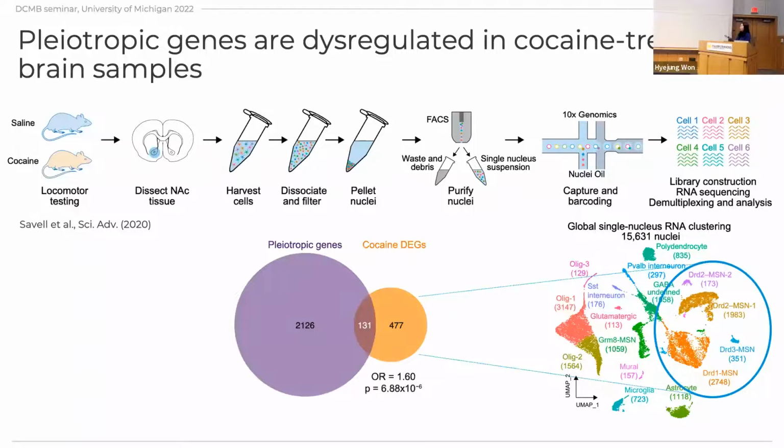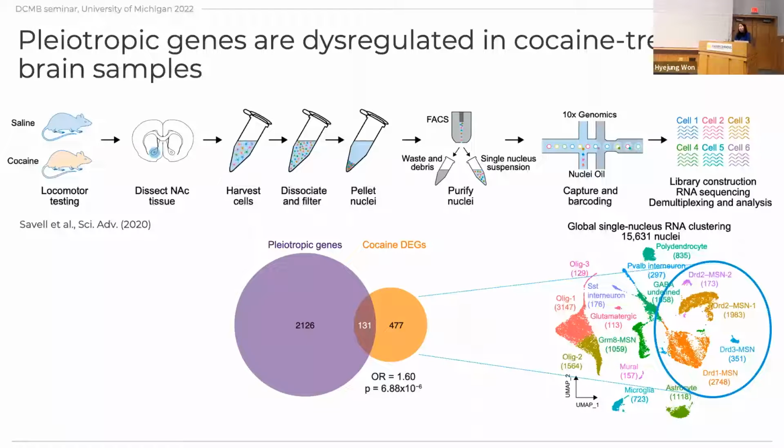So we compared our pleiotropic genes with cocaine-elicited DEGs and found that there was significant overlap. And in addition to that, even though these genes were not always significantly differentially regulated, when we compared the gene expression of all these 3,000 genes, we found that they were pretty much consistently downregulated upon cocaine treatment. So this suggests that even if we generated this gene list from two totally different types of substances, the mechanism that we identify from these gene lists could potentially inform us about the mechanism of other types